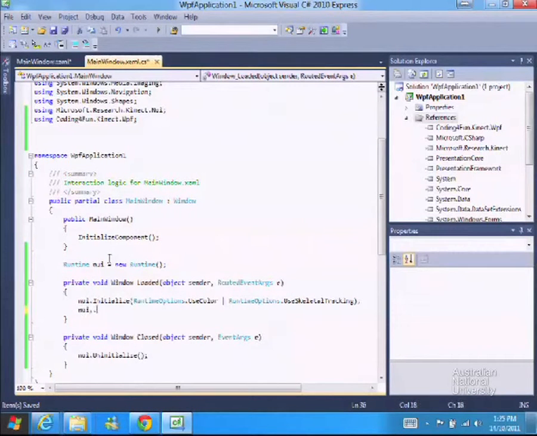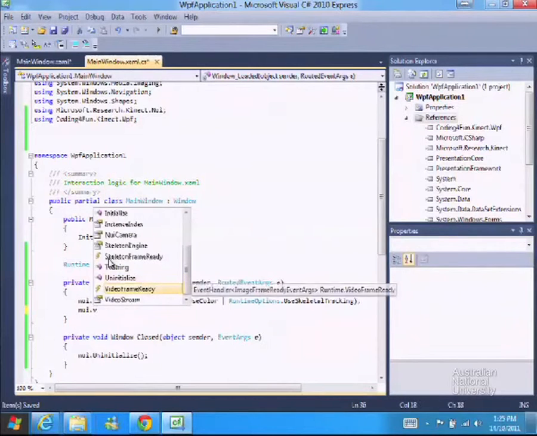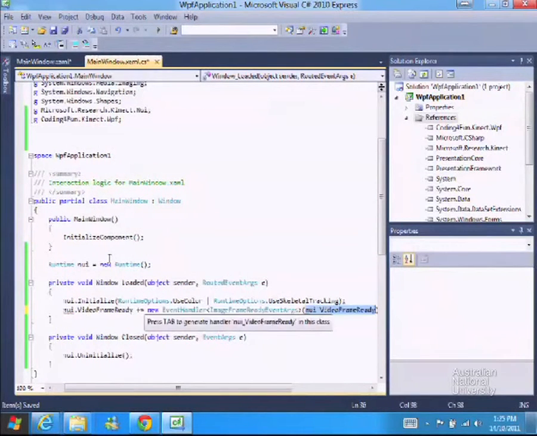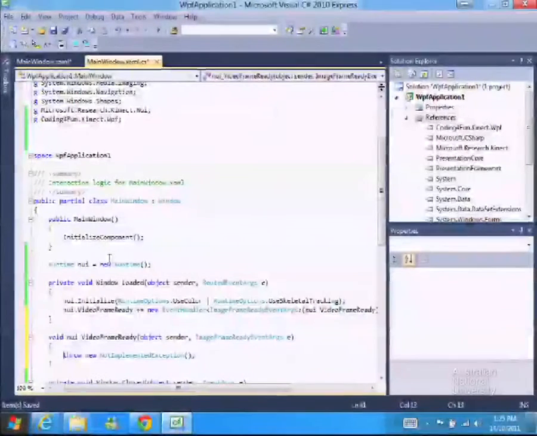So you go NUI.VideoFrameReady. This fires off an event whenever the Kinect gets a camera frame. And you go plus equals, and then you just press tab and it'll automatically create it for you. So if you press tab twice,